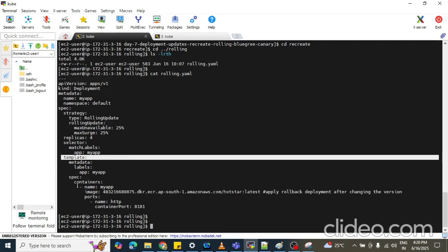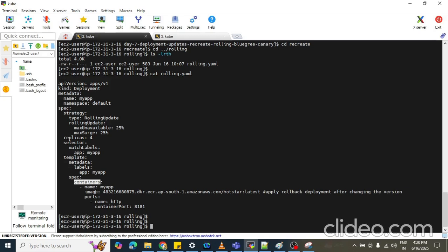Next, inside your container, the name is my app, and this is your image name. Basically it will pull the latest tag from your ECR repository.